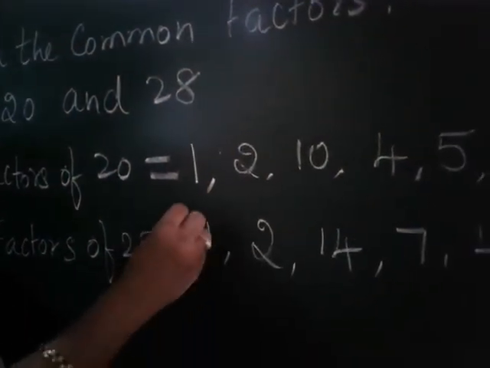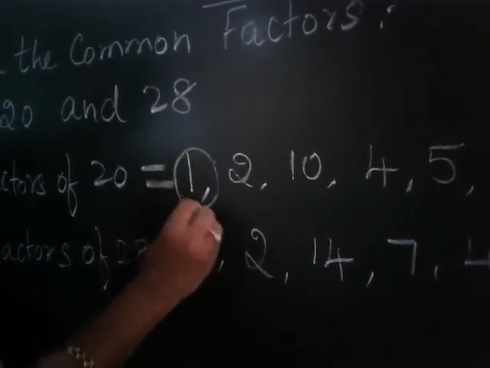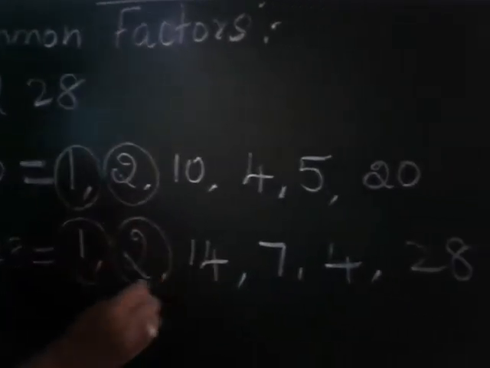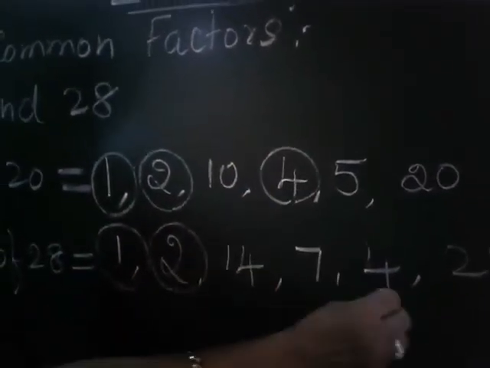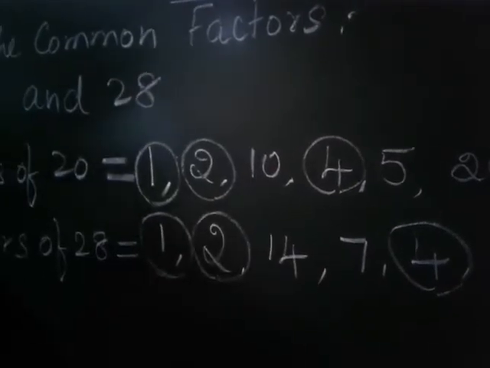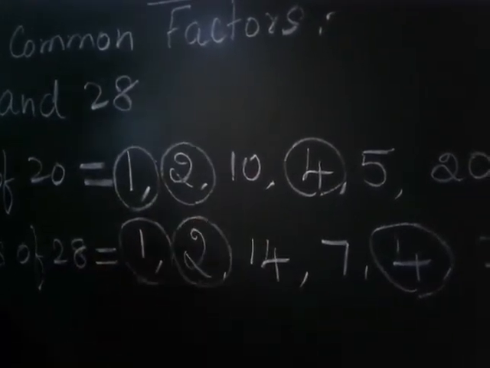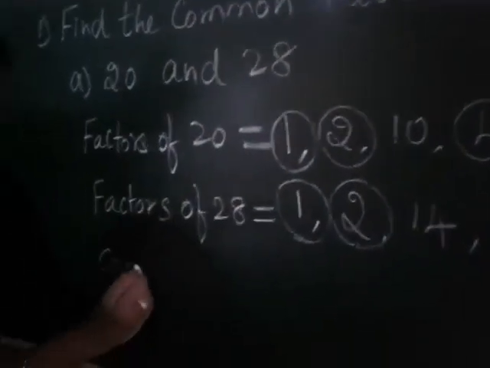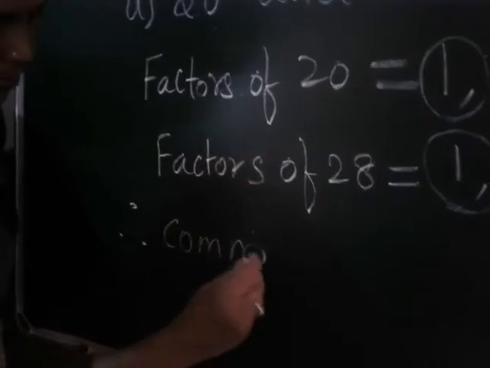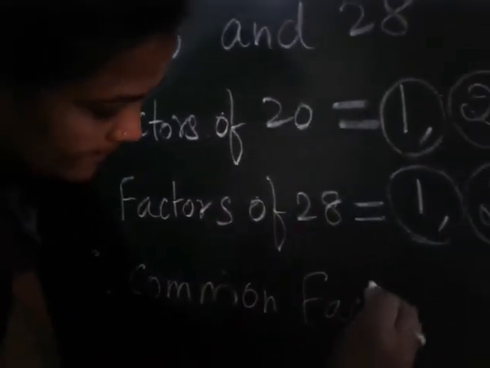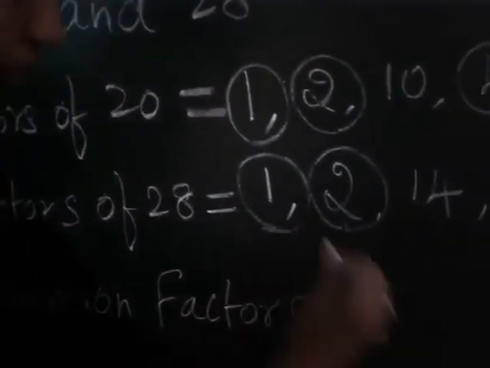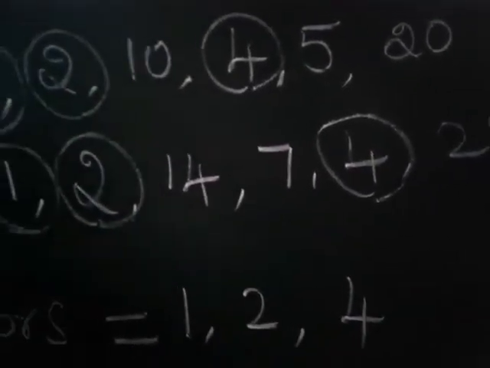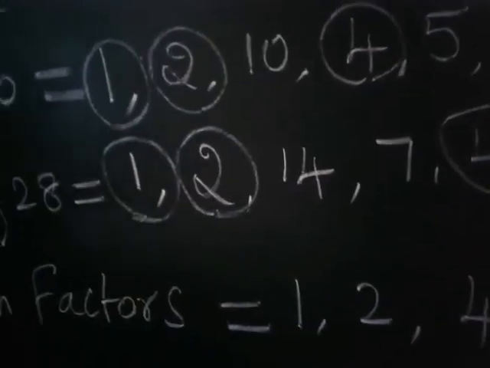Okay, now you want to take and write the common factors. Common means you want to circle like this. You take the pencil and circle, children. 1 and 1. So 2 and 2. Then 4 and 4. So that's all. Are there any other common factors? No. 5, 7 and the rest are not common. So you will take and write the next step. Therefore, common factors equal 1, 2, 4. So these are all the common factors. Understood, children? This is the classwork you want to write.